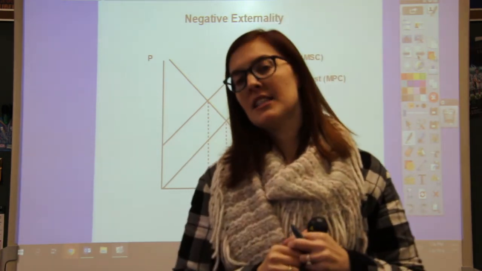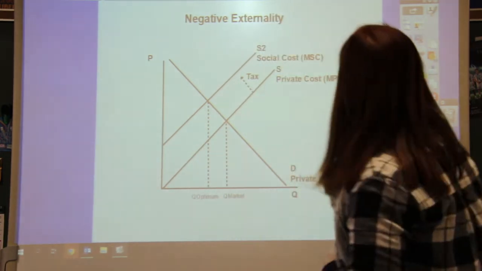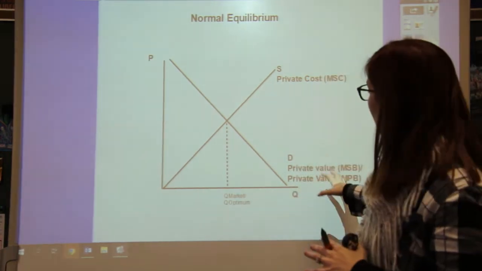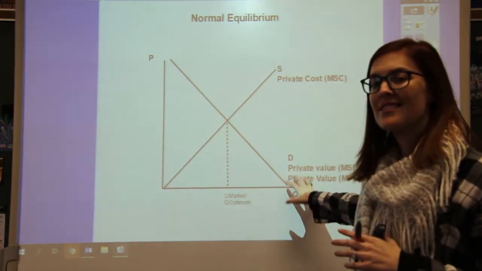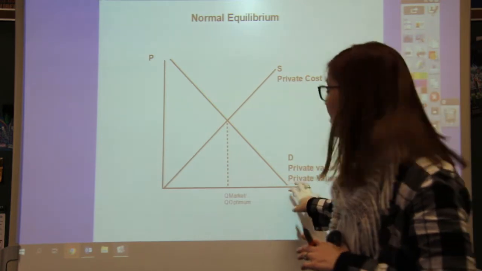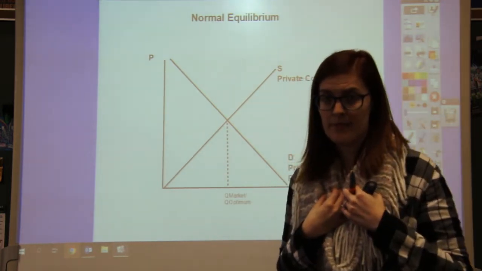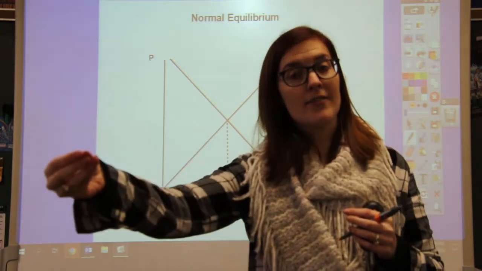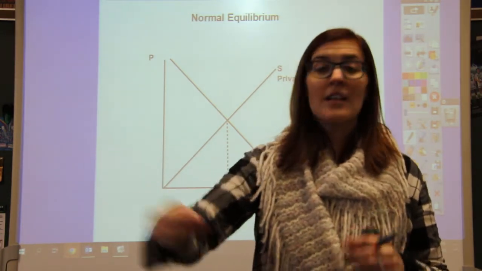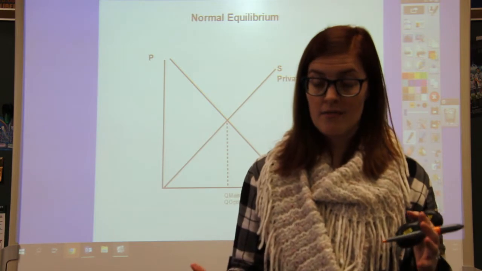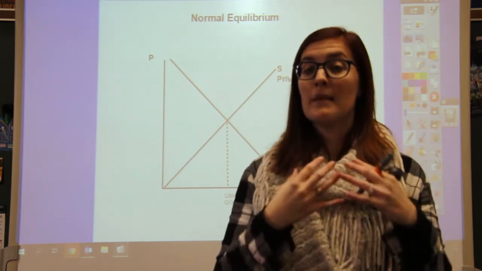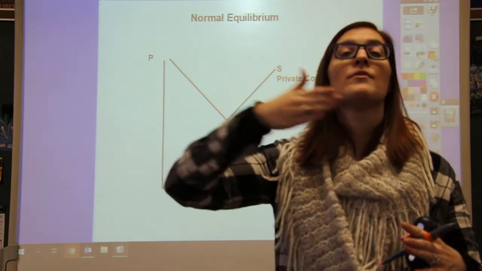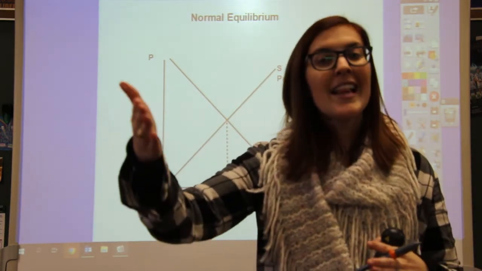There also are positive externalities. Positive externalities, just like before, we assume that the demand line is one line and that line represents society's benefit and our own private benefit. But what if what we're doing has a positive unforeseen side effect on society as a whole? Like what if we get flu vaccines? So if I get a flu vaccine, I do it for me so I don't get the flu. However, if that ends up helping a bunch of other people not get the flu as well, that is a